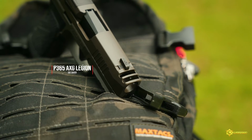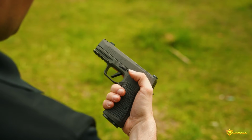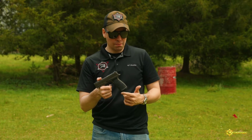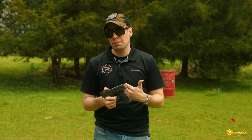So this one is more of a spin-off of their macro series. You got your built-in comp, optics ready, night sights, heavy pistol, more of a metal frame gun, so to speak, with a light rail, flat trigger, beveled magwell. They did a lot of good things with this pistol, and when you shoot it, my personal opinion, I think